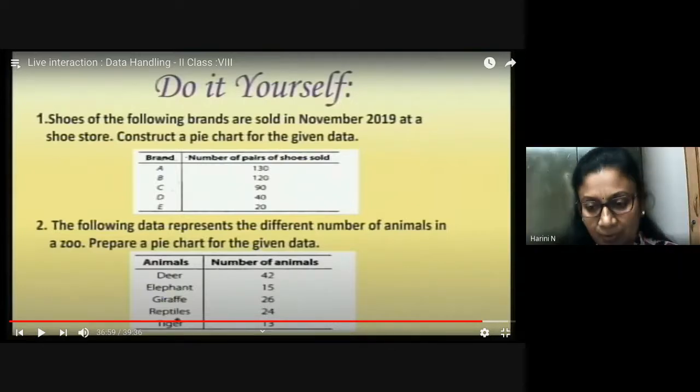That is what you have to do, one extra step where the total you have to find out, because unless you have the total, you can't find the fraction. Because for the fraction, you must have the total number of shoes sold. Similarly, in the second problem, number of animals of each variety is given. You should find out the total number of animals in the zoo, which will allow you to find the fraction of deer compared to the entire population of the zoo.